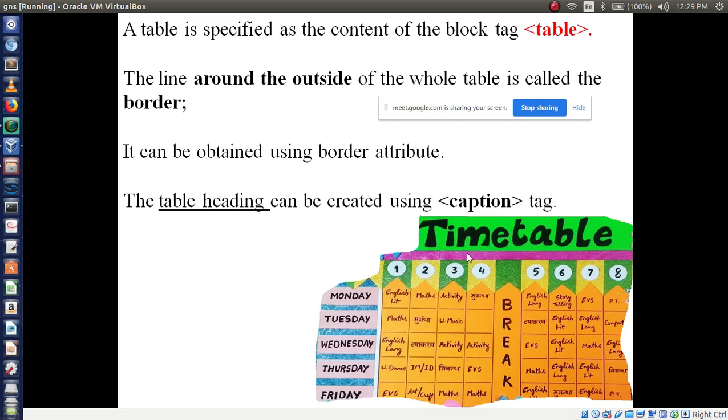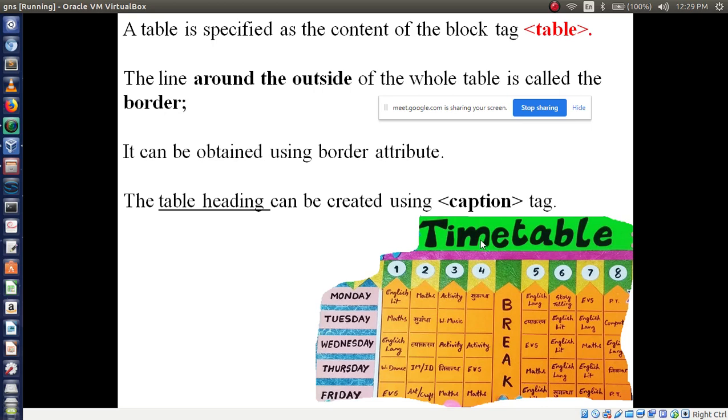To display above the table information, we can call it the table name. You can say table name instead of table heading. To give a table name we have to use the caption tag.